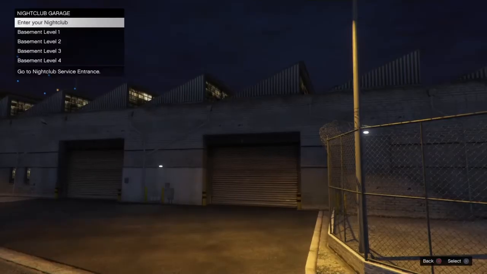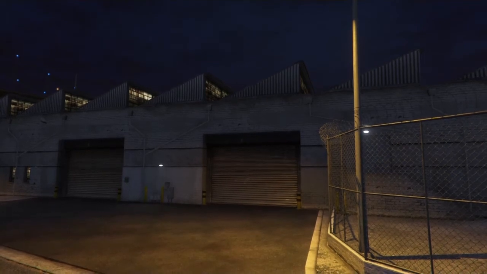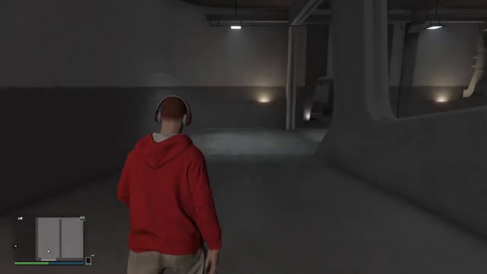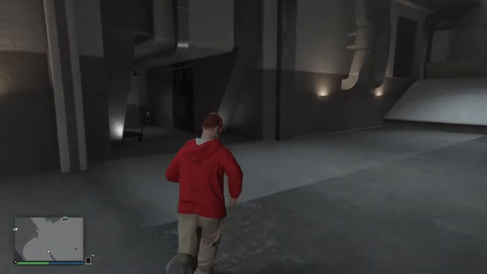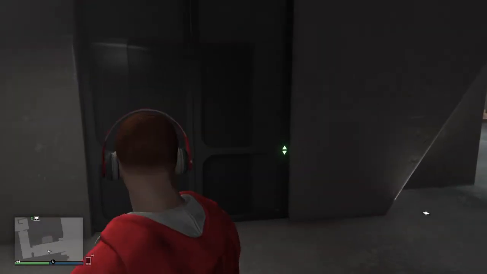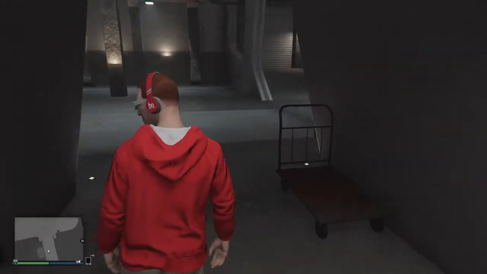So what we're going to do is go over to the nightclub itself, and I'm going to go into just the actual garage part of it. So I'm just going to go over, click on nightclub, and then I'm going to go down and walk over towards the elevator or lift, depending on if you're American or not. So go to this. And just before I go to this, what I'm going to do is just double click